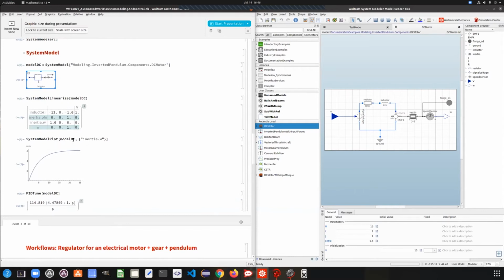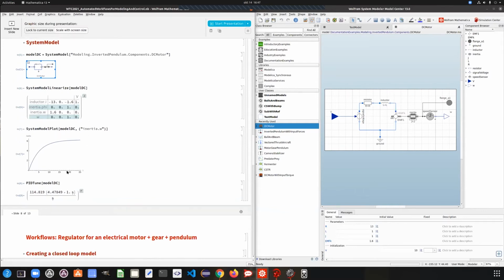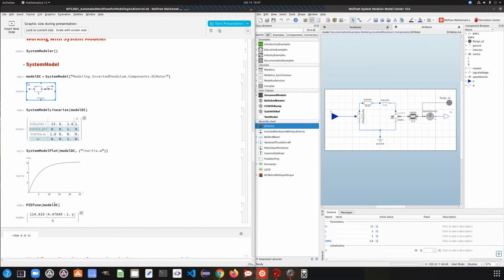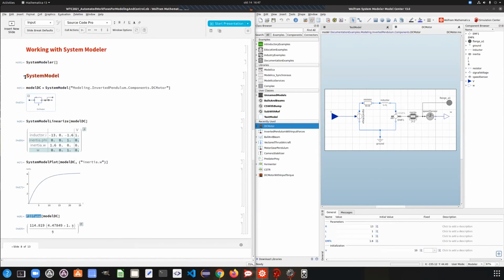I can plot things from my model, variables or parameters. And thanks to the work that we have been doing, we can now pass system model objects directly to the control functions, like the ones that Suba was talking about, in this case, PIDTune. And then I can get a controller directly generated for this model in System Modeler. But let's look at more applied and more interesting